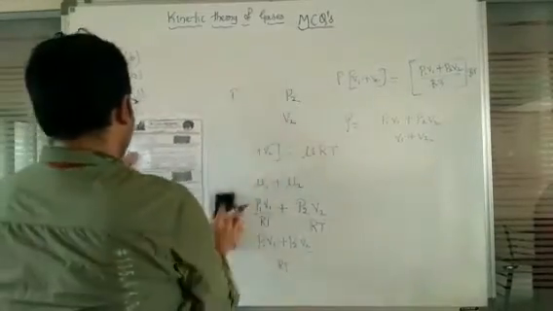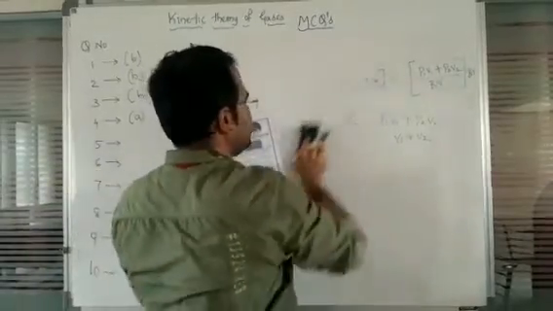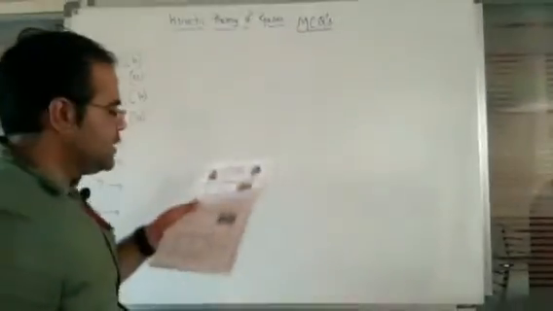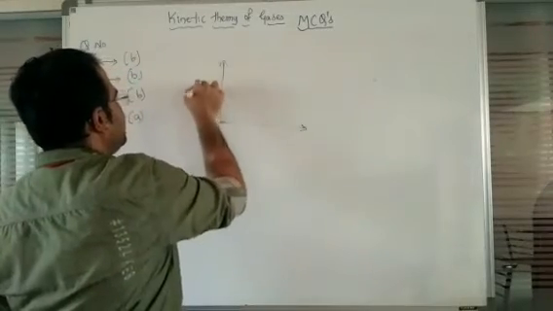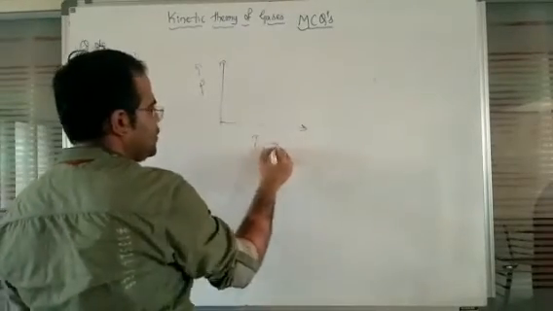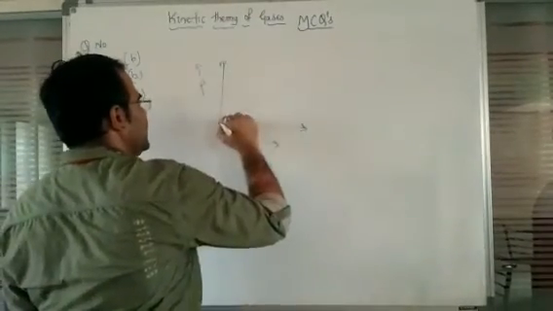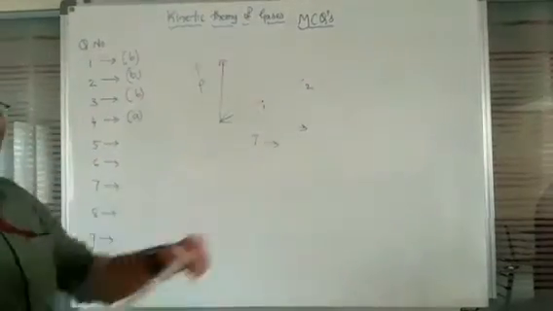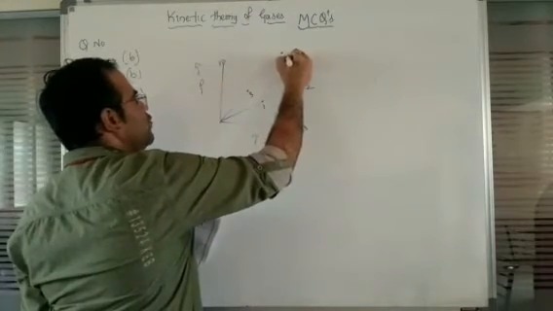Next, question number 5. There is a graph of pressure versus temperature, and we have to identify what kind of volume relation we are going to observe here. So let us see the given graph first. When we observe the graph, pressure is along the y-axis, temperature along the x-axis, and we have two lines like this. This is the first line and this is the second line. Here the points are given as point 1 and point 2, and similarly here point 3 and point 4.